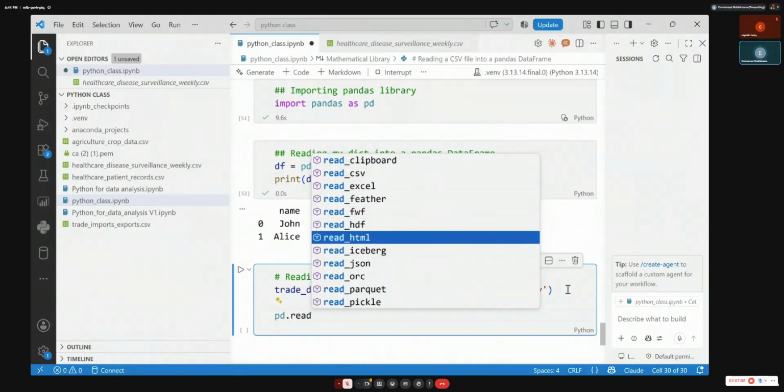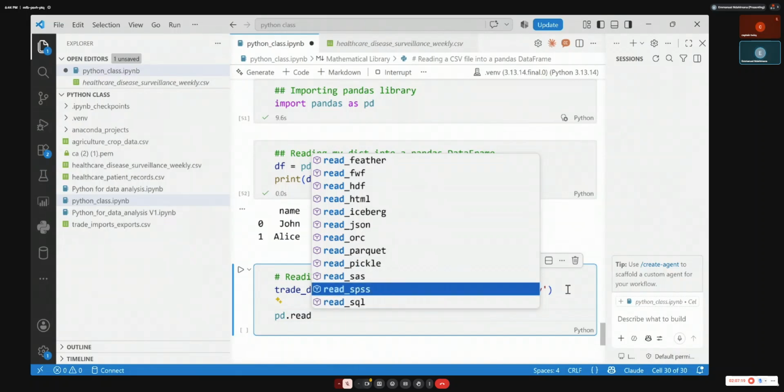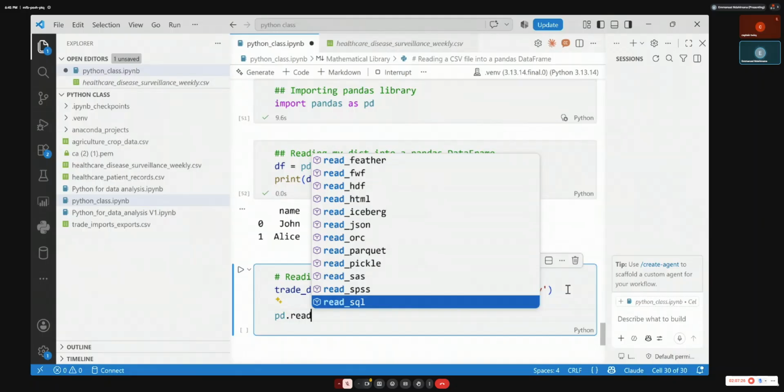HTML, you can read the HTML file in Python and you bring it as a table. You can read the JSON file. You can read data from Oracle, Parquet. You can read SPSS files. If you give me data that is in SPSS, I can read it in Python and get it as a table. You can read SQL. If you send me a table that is in insert, select, and whatever, I can still read it here and get it as a table and start my analysis.